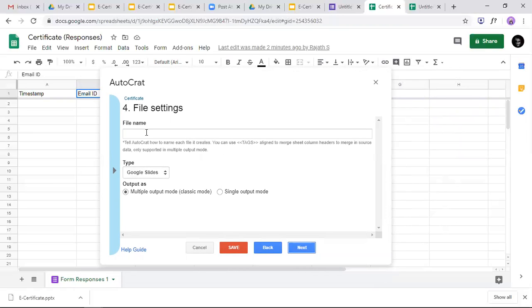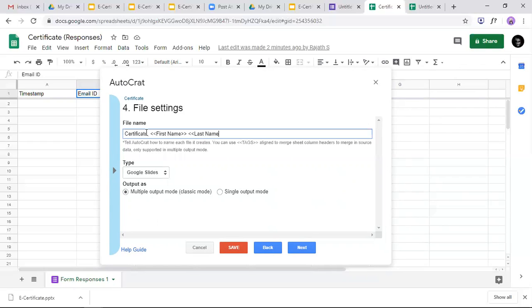And now the file name will be like certificate, whatever file name you want to display, certificate, comma, like it is for Rajat. So we'll put the first name tag again, first name, then a space, the last name, whatever they use in the name.